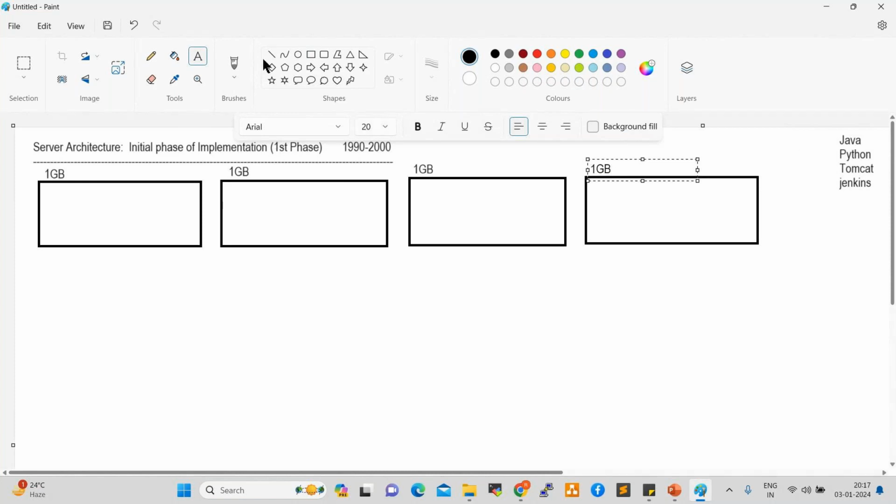On the first server they deployed, for example, Java. Java will occupy, for example, 300 MB of this 1 GB, so the remaining 700 MB of space will be wasted.